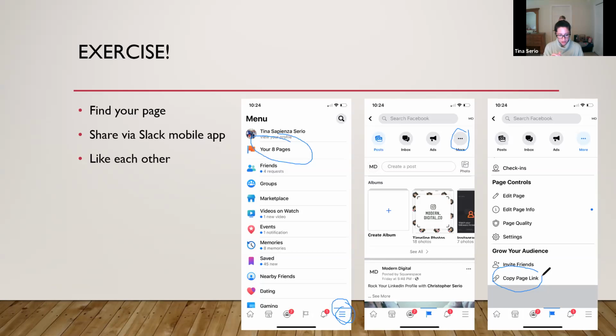Okay, modern digital. Anyone else see it? Has this thing changed recently? I'm scratching my head.